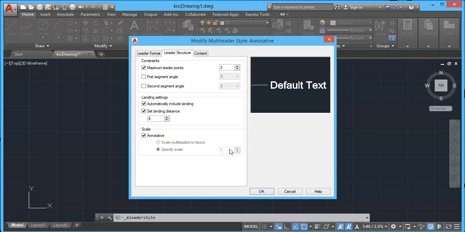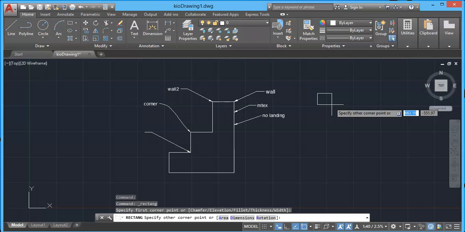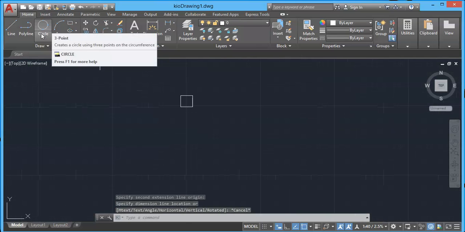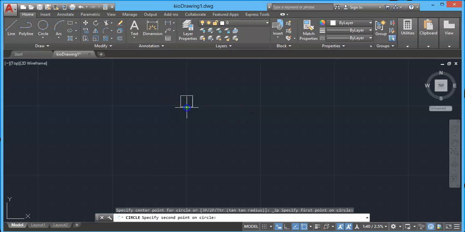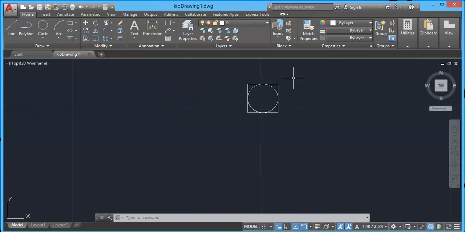So if you want to create a block of 8 by 8 size, we need to divide by this scale factor. Now suppose you have a scale factor of 2, then 8 divided by the scale factor, which is 2. In my case, for example, my scale factor is 1, so 8 divided by 1 is 8. So let's create a block. For this, we will use a rectangle and a circle inside. Choose 3-point circle. From here, we will add text so that when it asks for text, we can easily type.